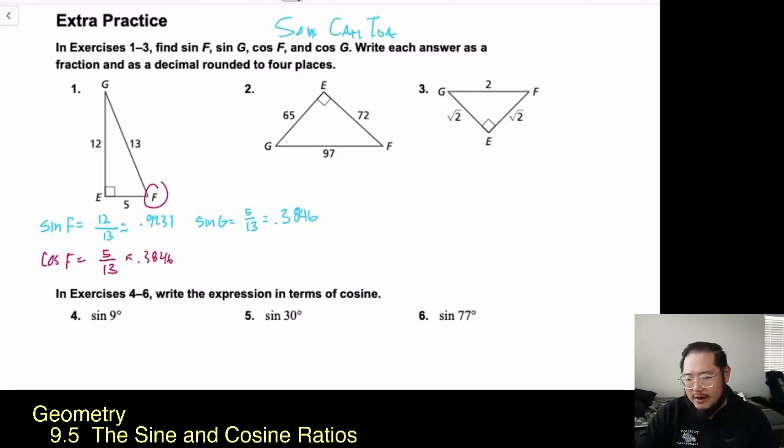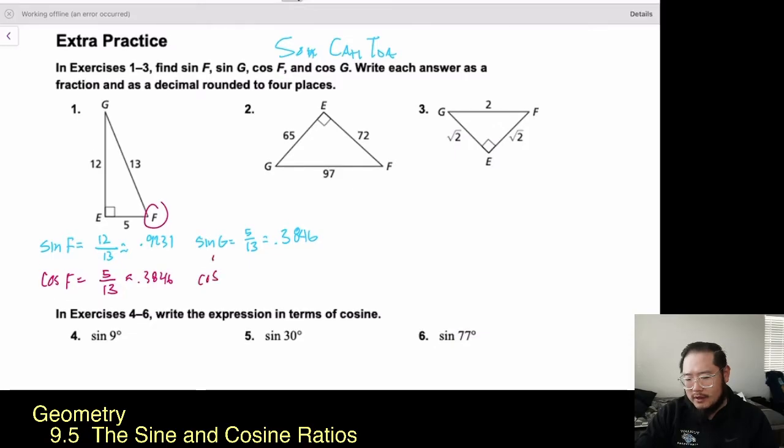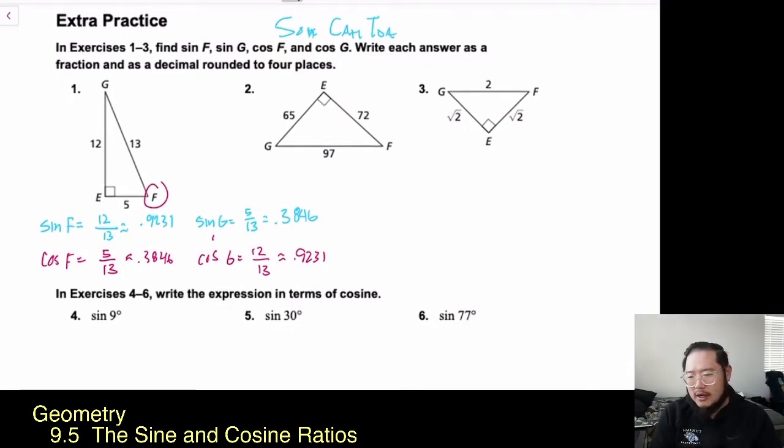which is approximately 0.3846. And then we have ourselves cosine of G, and that will be adjacent, which is 12. Hypotenuse is 13. And this is approximately 0.9231. All right, so there you have that right there. Okay, so it's just pretty much knowing what side's opposite, what side's adjacent, and what side's hypotenuse when you're using sine and cosine. All right,